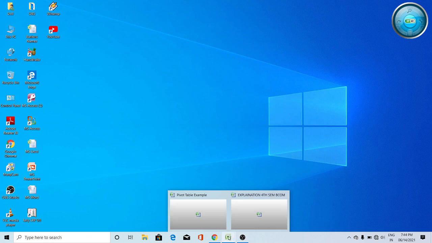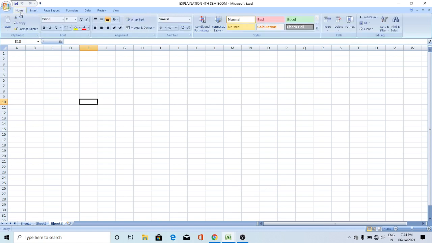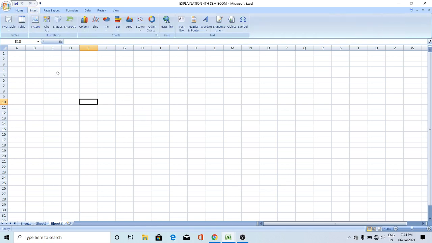In the previous sections of MS Excel, we have discussed the Home tab. You are aware of the Home tab. In this section, I am going to explain the Insert tab in MS Excel. How to open MS Excel and how to work with the Home tab, you discussed in the previous classes. In this class, we are going to discuss